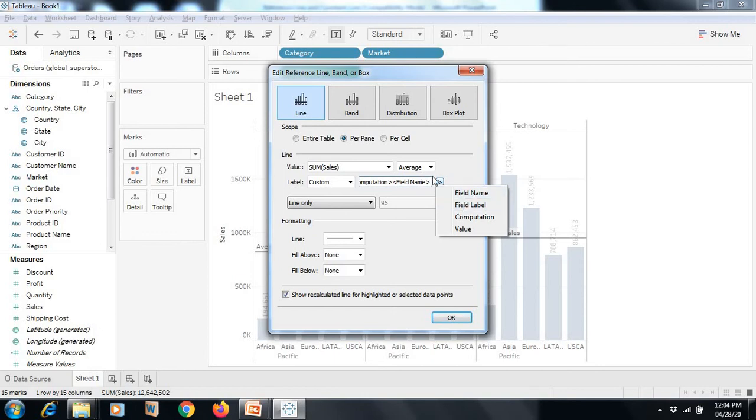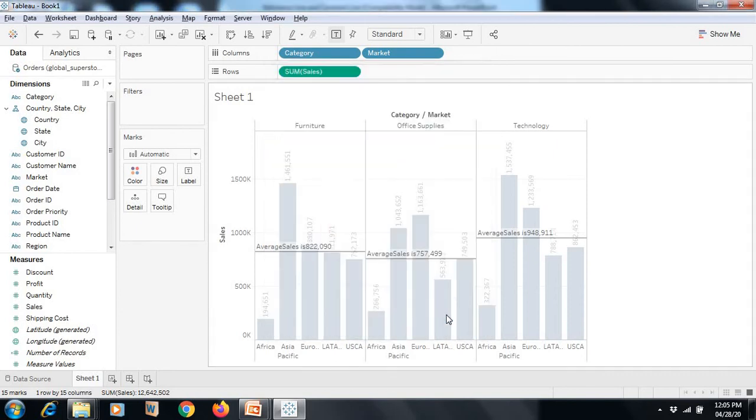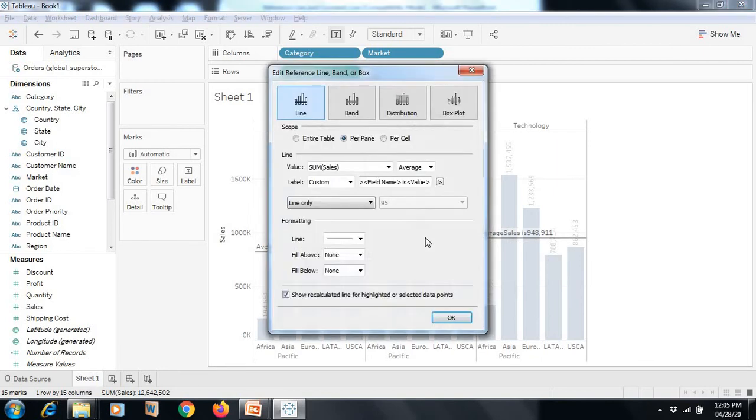Then I just want to type it as average sale is the value. Okay, now this is reflecting the average sale. This is called an average line, a reference line. I can again edit it.